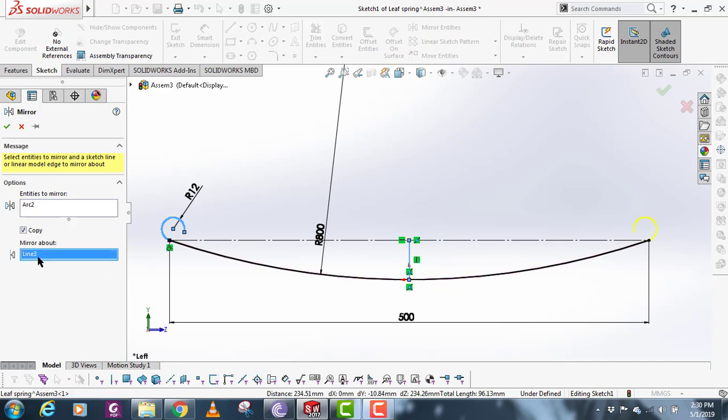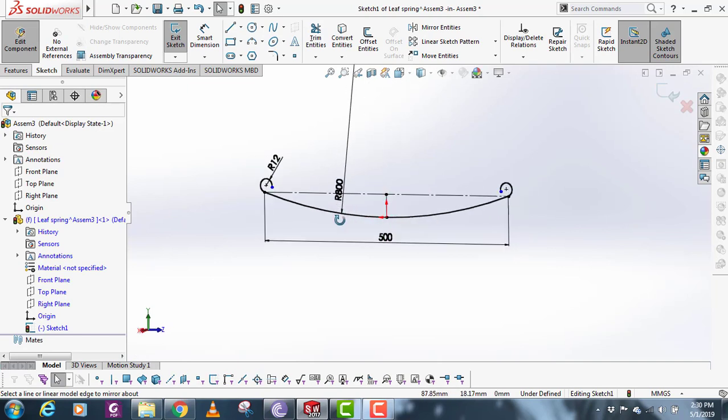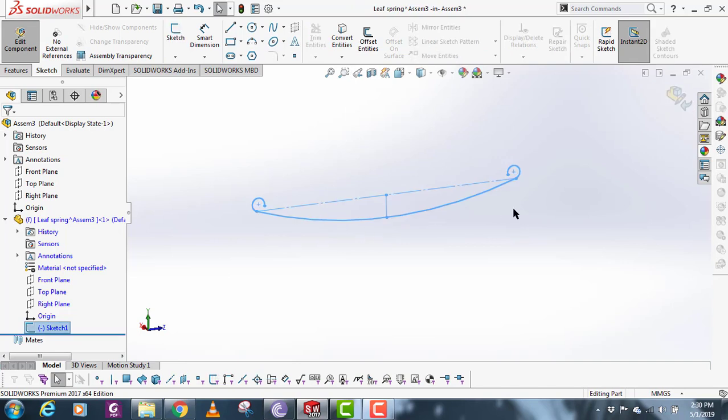The reference is to go into this mirror option, and whatever you want to mirror goes into the entities. So here we have the curve. Just click on the check mark. Now we have our first bar for the leaf spring. Just exit the sketch,